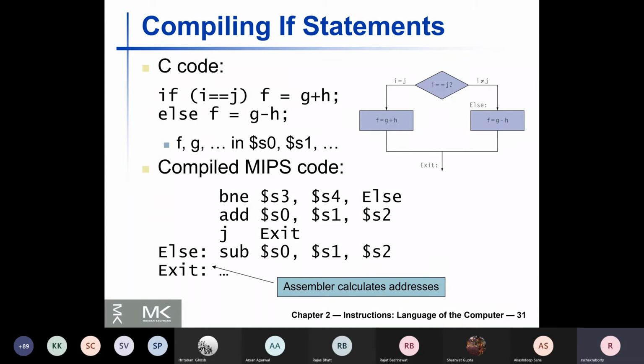This code is slightly unnecessarily complicated. I think this 4-5 line assembly language code can be simplified, but I think intentionally they have given this format to show you the usage of both BNE and jump instructions in the same code snippet.